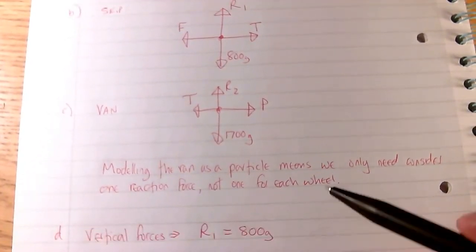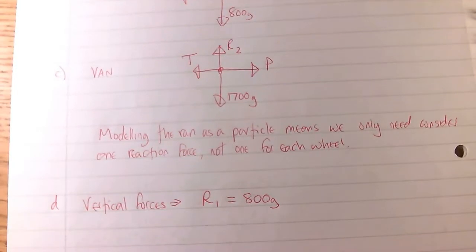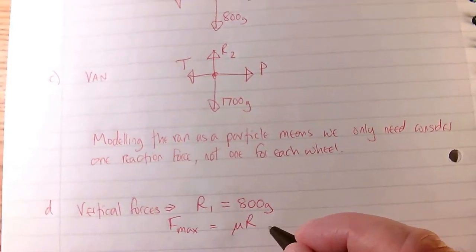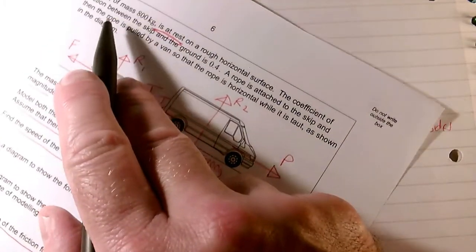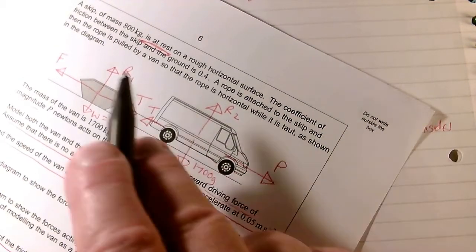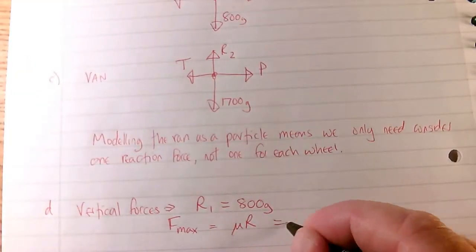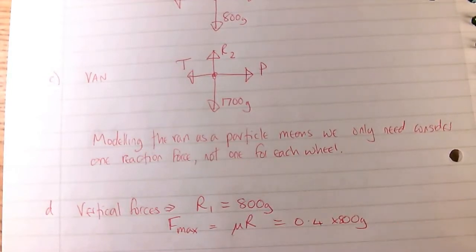So there we go, the vertical forces. There's no acceleration vertically, so these two are equal. So R1 equals 800g, then I use F max equals mu R, so R is going to be that R1 of course, and mu, the question tells me what mu is. It's up here, the coefficient of friction is 0.4, so this is 0.4 times 800g, and 800g is 800 times 9.8, so 0.4 times 800 times 9.8,